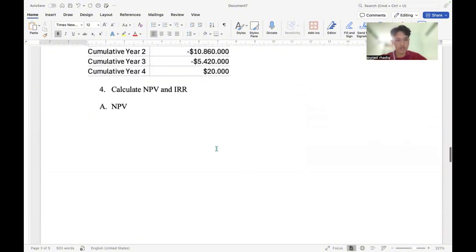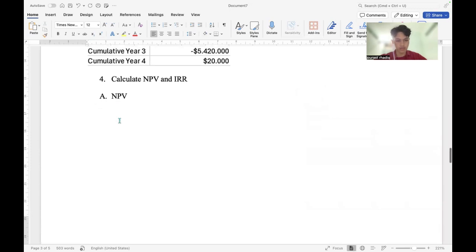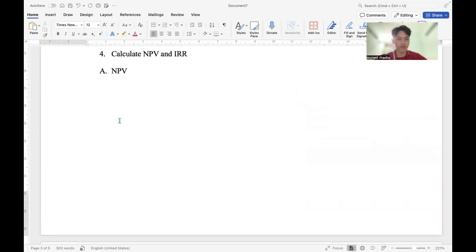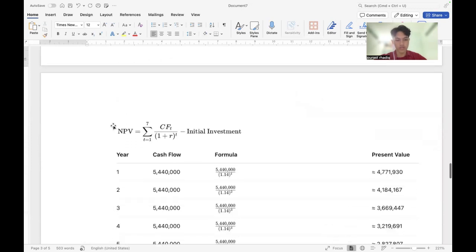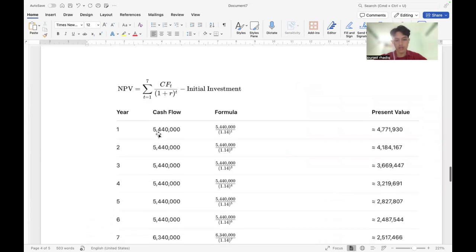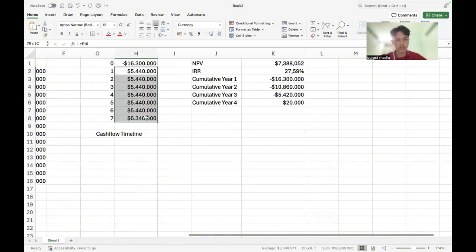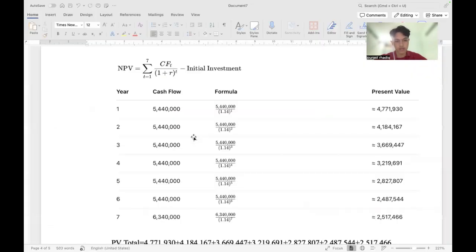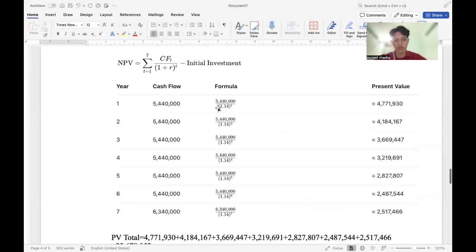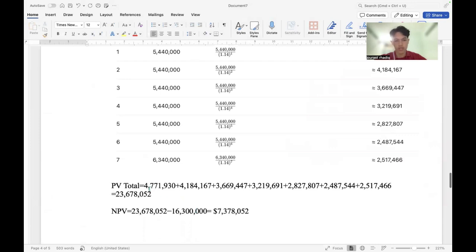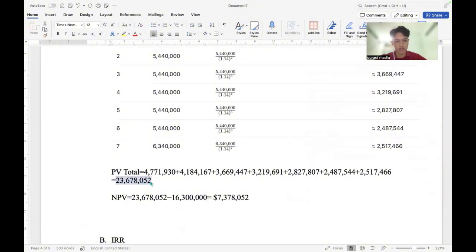And next we're going to do the NPV, or net present value. So this is the formula for NPV. We use the cash flow timeline. So here I already did it. And after we got all the present values, we add all of them. So I got the total of